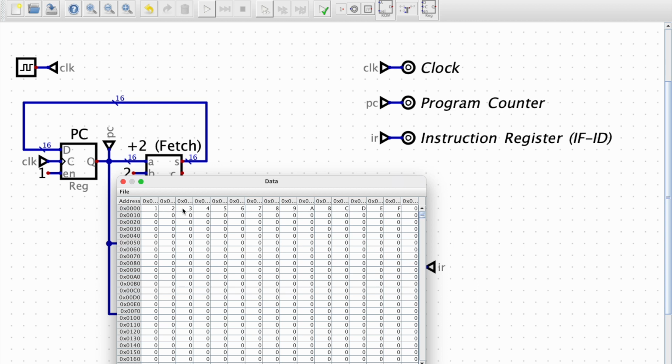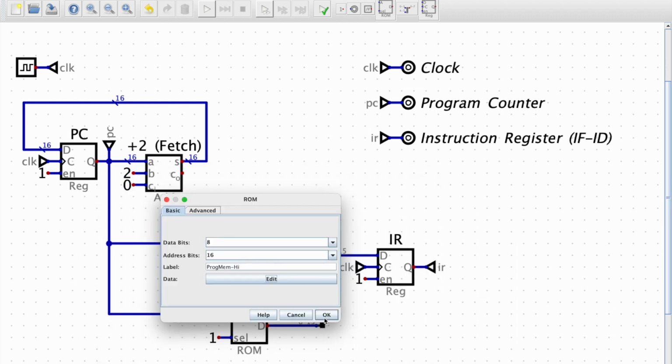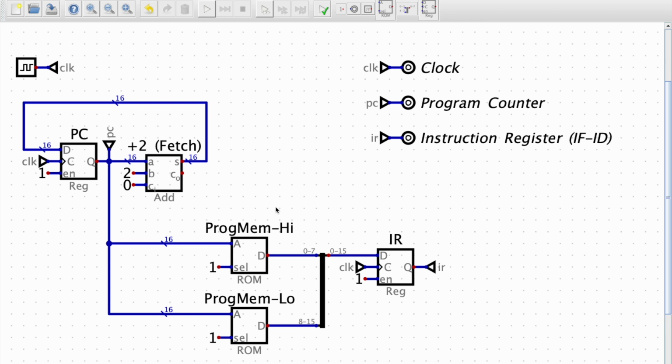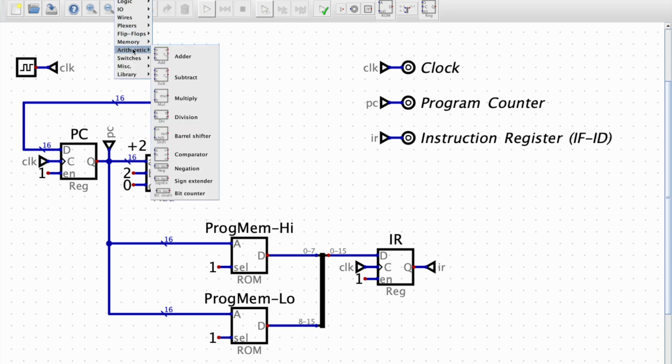I've put a small program in memory here that just puts the values 1 through 15 in the first 15 addresses, and after that it's all zeros, which is why the instruction register dropped down to 0 after all of that. Now, of course, right now these instructions don't mean anything, they don't do anything, but that's just to demonstrate that we were walking through memory there. So yeah, we're going to start by adding a register file,